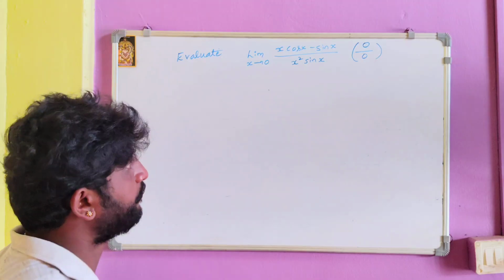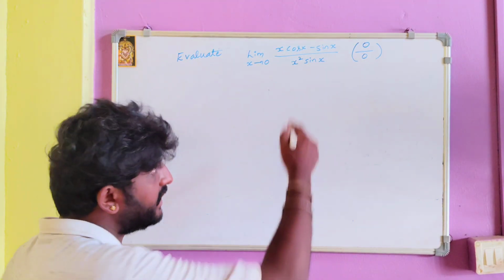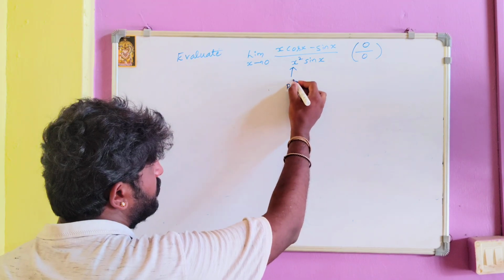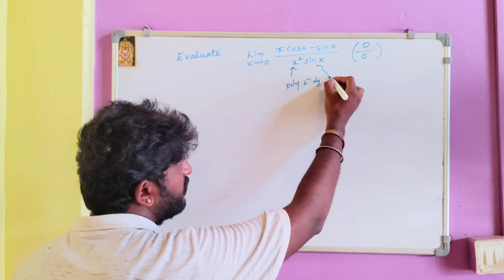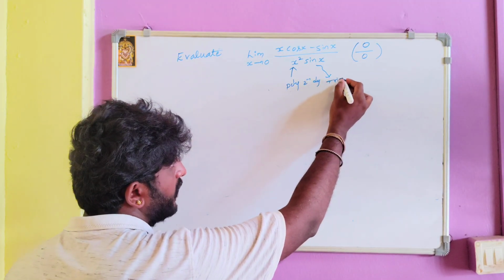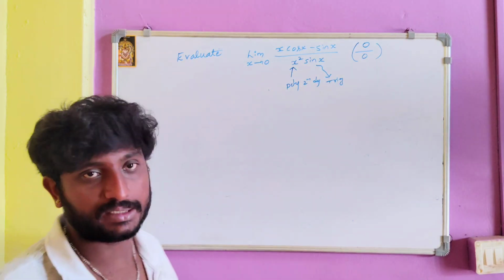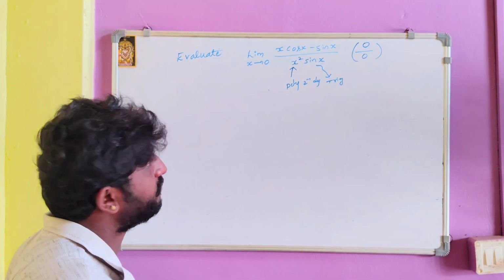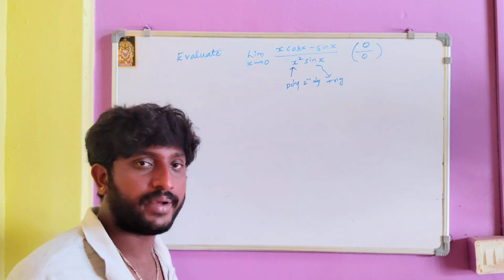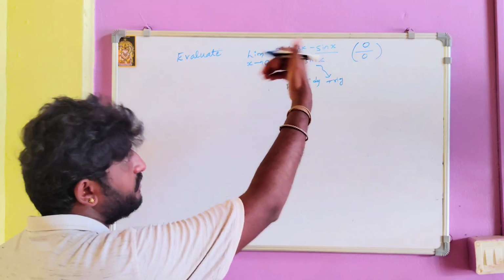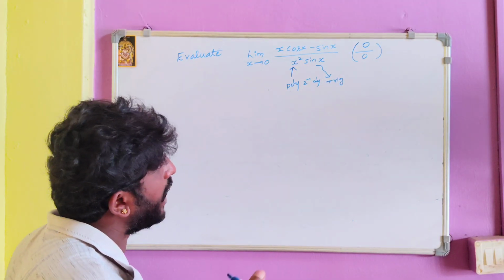But if you observe here, in the denominator x square is a polynomial of second degree, and along with it sin x, trigonometry. Whenever you observe such a pattern, first try to simplify instead of applying L'Hopital rule directly. Suppose we apply L'Hopital rule directly here, the thing is, again next